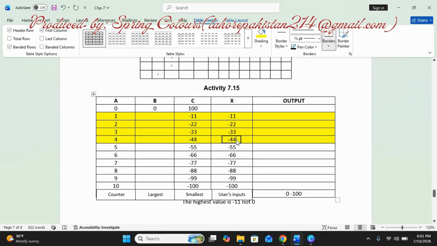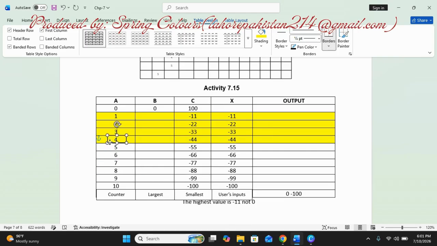Then the user gives the next value of minus 44. Minus 44 will be compared with the last value of B, which is 0. As it is lesser than 0, nothing will be saved in B because B is storing the largest values. But minus 44 is lesser than minus 33, so minus 44 will replace minus 33 because C is storing the smallest values,